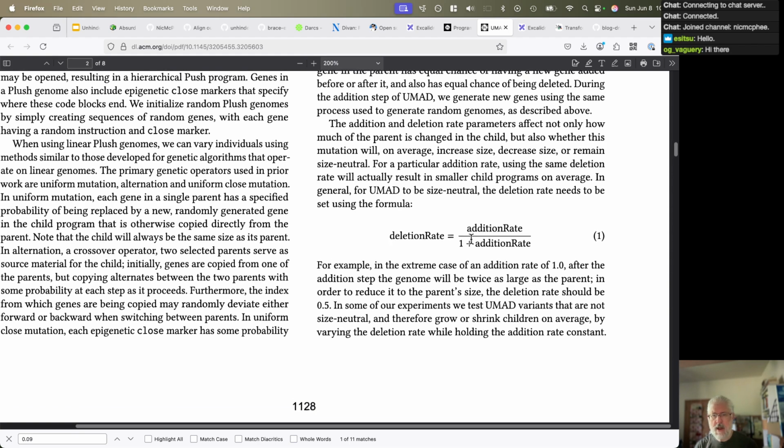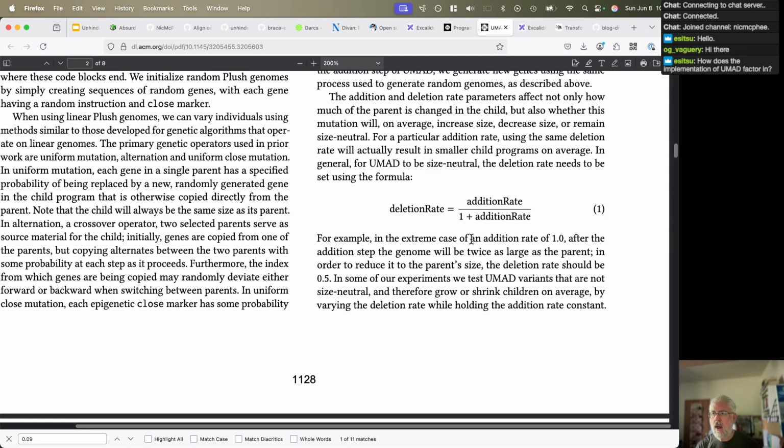So I was thinking I might actually try to deal with that quick. We use UMAD as the primary mutation operator in all of the push examples. It is in the push group, it is the primary operator that everyone's using. It's demonstrated itself to be very successful. So the main thing is